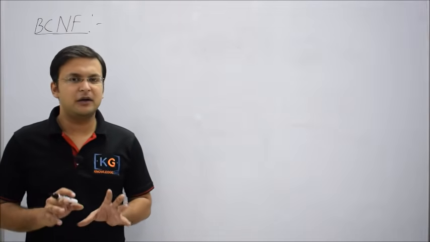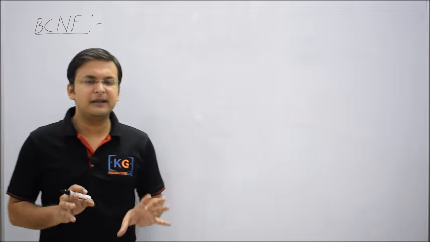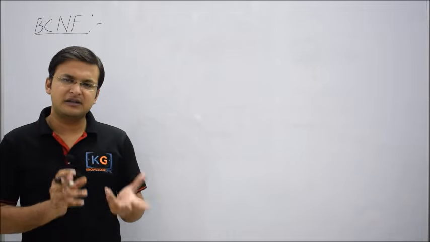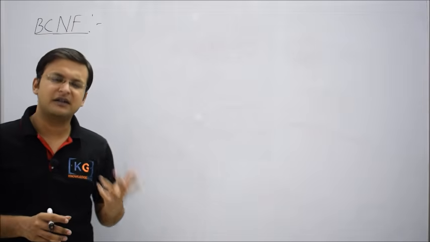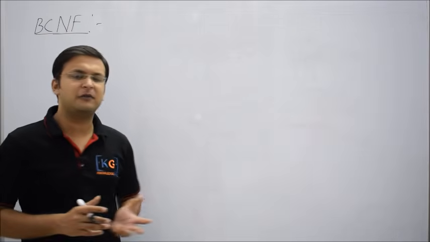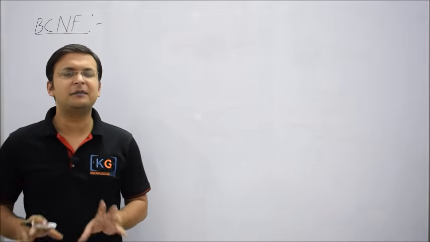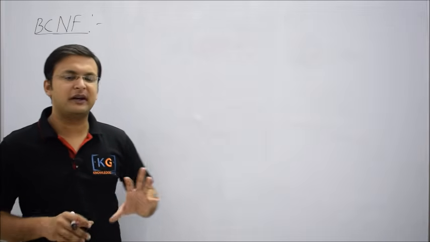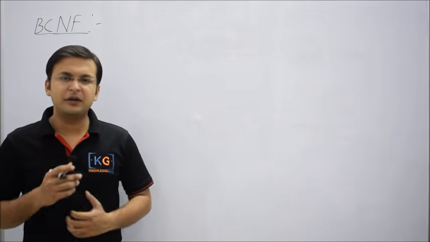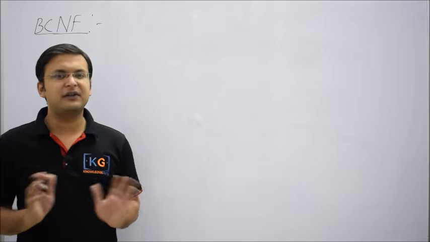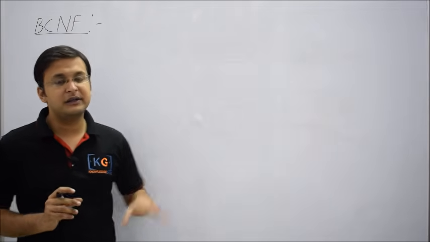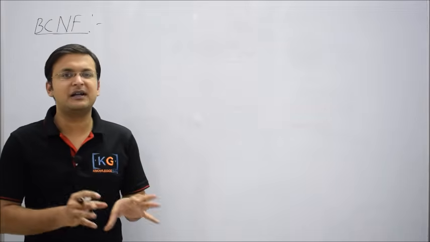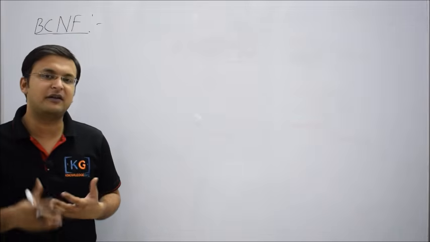But please make a note of this, that till now I'm only concentrating on the basic idea, that what is the concept of third normal form, what is the concept of second normal form, what is the concept of BCNF. As far as exam is concerned, the most popular question is that consider a table and find the normal form. So how to do it very fast, I haven't discussed this logic till now. So in the next video I'll discuss it, because first I want you to have a basic idea of every normal form so that we can try that question.